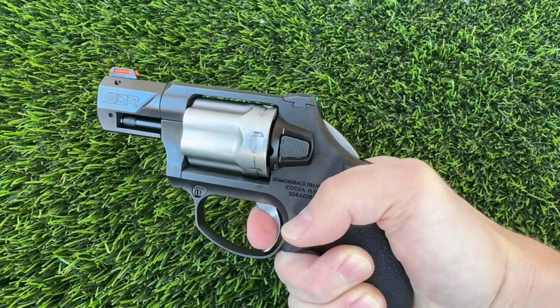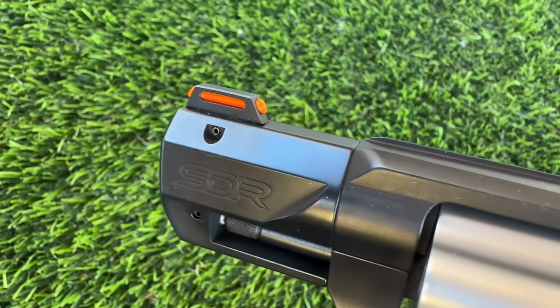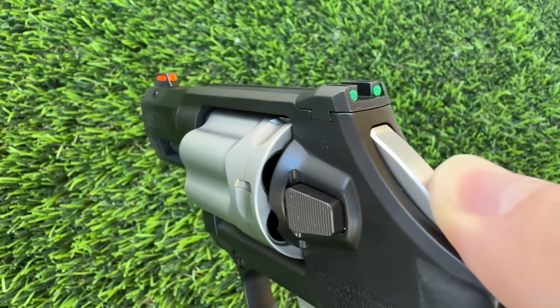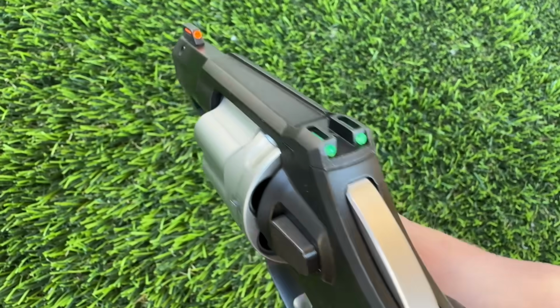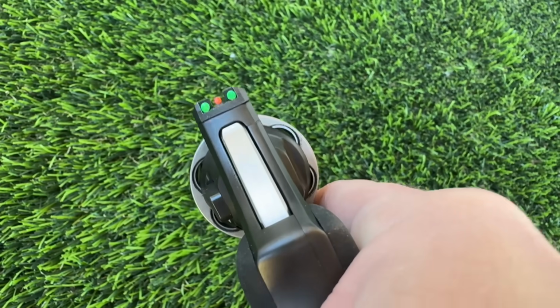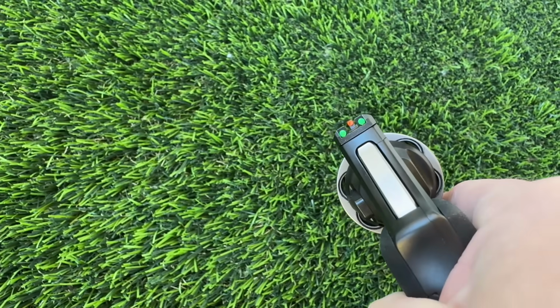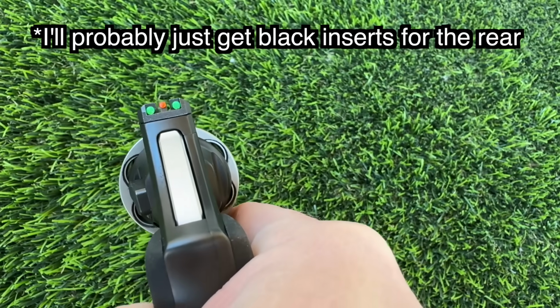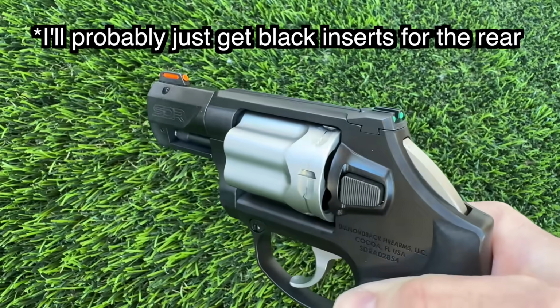The sights on this are okay, but hard to criticize because, I mean, it's actually a real, honest to God set of sights. Personally, for me, I would have preferred a blacked out rear and the fiber optic front, but instead it's a fiber optic front with fiber optic rears. I just prefer to use the front sight almost like a red dot, target focused, and use that front sight as reference. And when I have the two green fibers closer to me competing with the red fiber up front, it's more work for my brain to do. I mean, it's not the end of the world by any means, but I would have preferred a blacked out